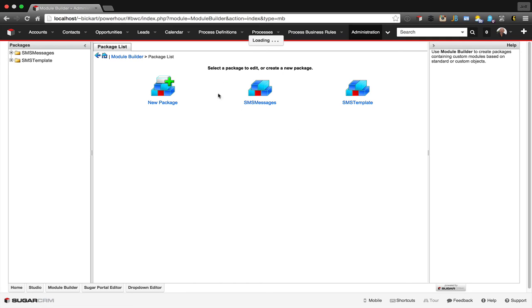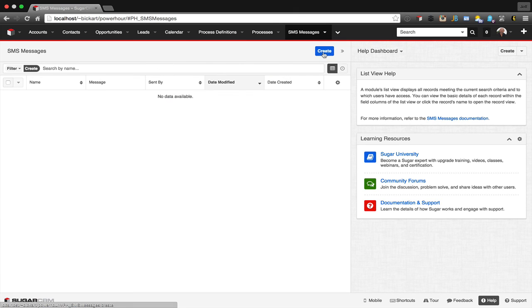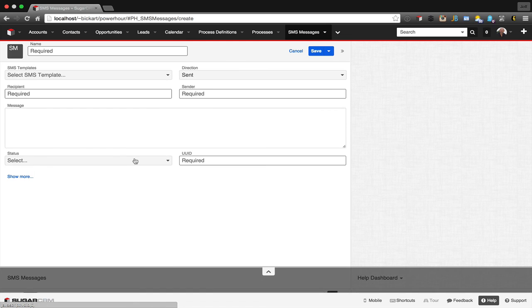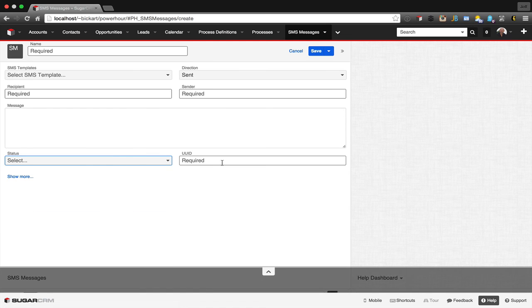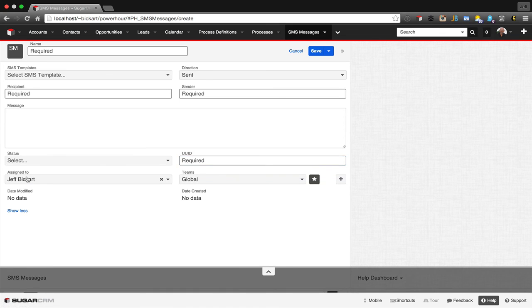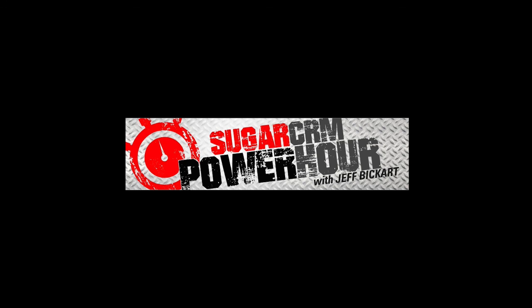And so it takes us back to Module Builder, so we can see again our module has been added, and we can take a quick look at it. So again, these things are going to be changed so that we're going to put them in a different order, and we'll take a look at the code in the next edition of the